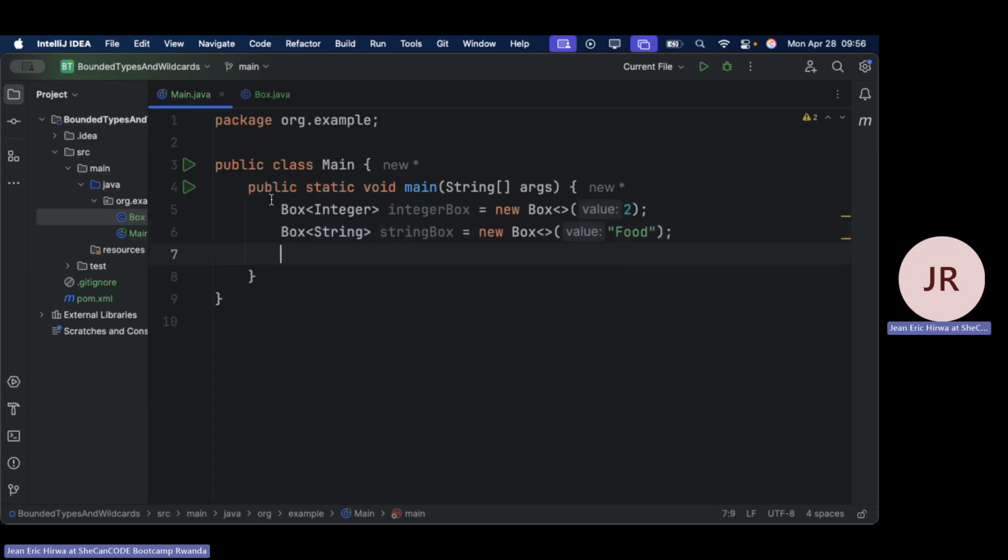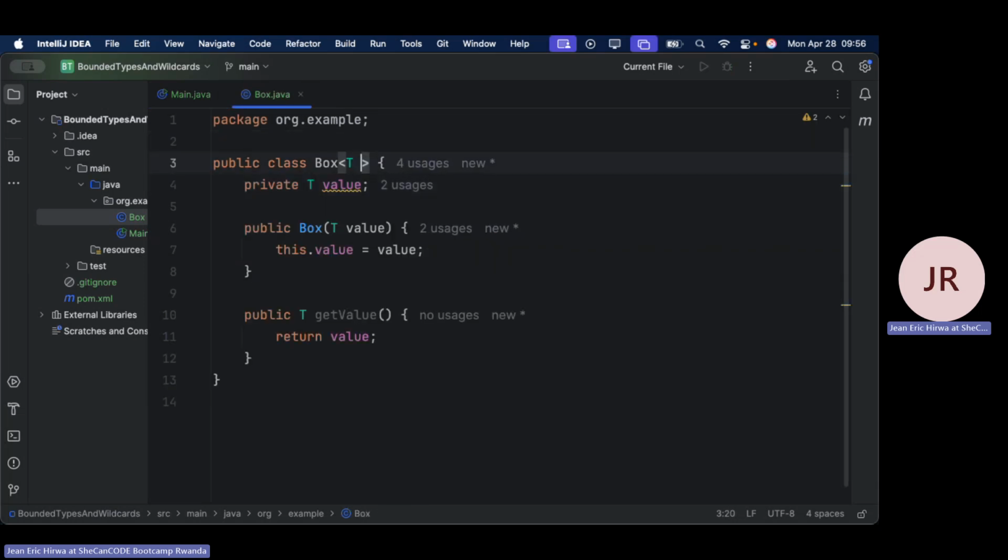Right? But now we might say, okay, this box is fine. We can use it to create classes or objects with any kind of data type. But no, I want to only accept numbers, right? In the box. So anything that is a number, that's fine. For example, integers, doubles, floats, that's fine. But except for strings. In this scenario, this is where you are going to come here and add extends Number,